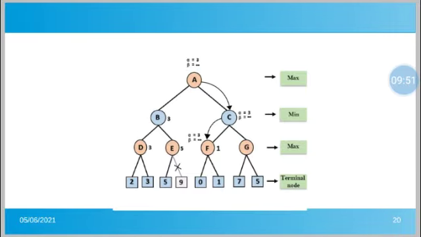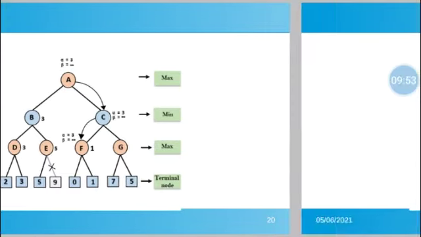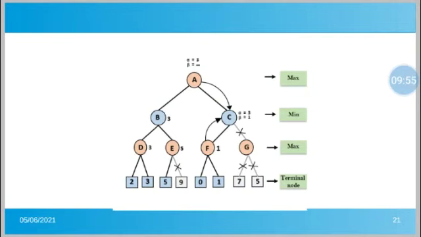Now next, let's see this case. Okay, let's see this example. So what happens in this case? So at B, 3 is chosen. Now in case of F and G, at F there is a maximizer. Maximizer means alpha. So the maximum value is chosen between 0 and 1. So 1 is chosen. The maximum value between 7 and 5 is chosen. So 7 is chosen, right? But at C there is a minimizer. It means beta. It will choose the minimum between F and G. So it has chosen 1.